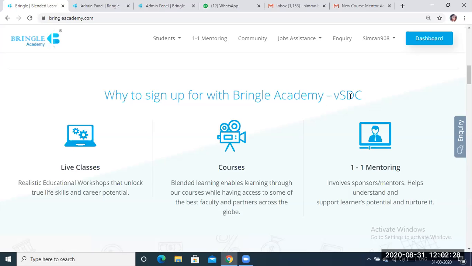The batches get created, the sessions get created, and each student, parent and even the teacher will get an encrypted link in their email ID for every session. You can even create weekly or monthly sessions. The second thing is that the teacher will get a host key, by which only they can start the session.